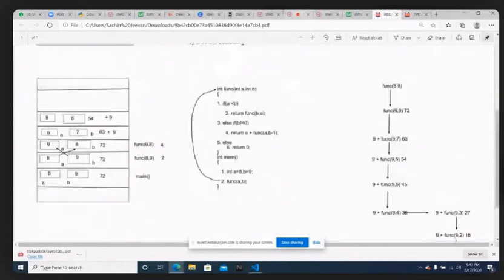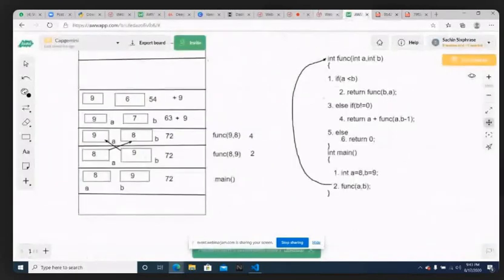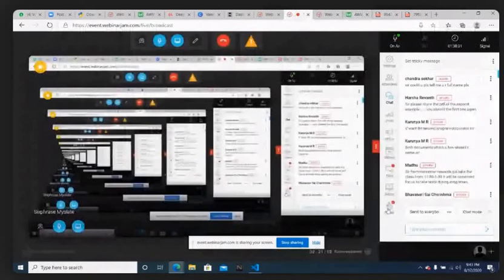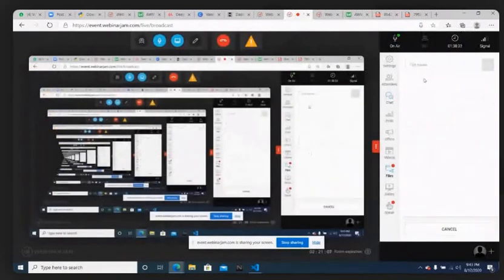Yeah, I think now in this document it is available. I will send you this document now. Recursion _ 2.pdf, I will be sending it now.